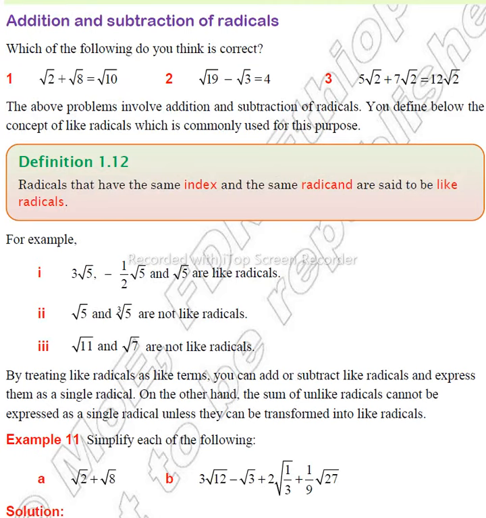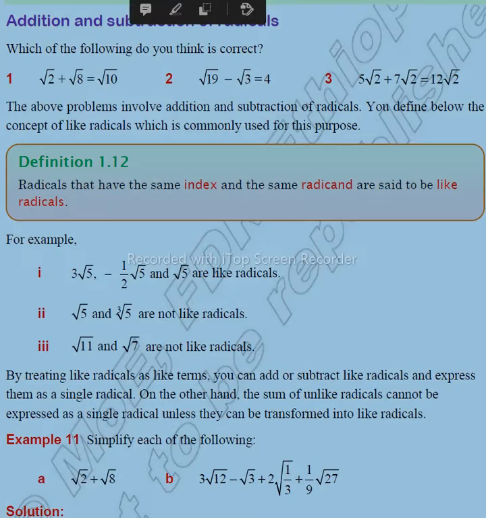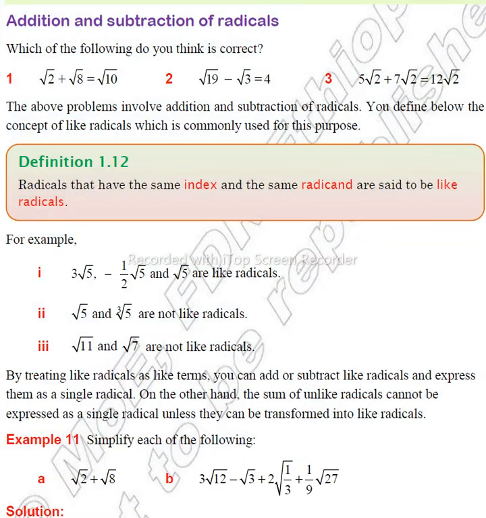The first question: which of the following do you think is correct? The question asks which of these three is correct. As you see, square root of 2 plus square root of 8 is equal to square root of 10. This is completely false, because